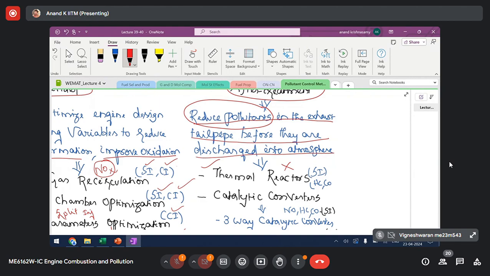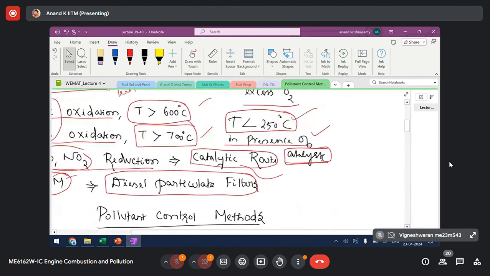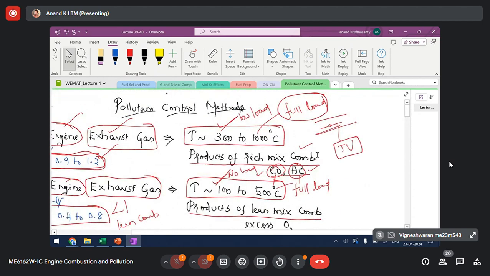Thermal route relies on temperature available in the exhaust tailpipe to reduce HC and CO, and this option is suitable only for SI engine. Why? Because we recollect that the temperature levels in SI engines are high. Exhaust temperature levels in SI engines are much higher compared to CI engine. CI engine exhaust gas temperature is much lower. So this thermal route relies on the temperature of the exhaust gas. Since the temperature of exhaust gas is high for spark ignited engine, we can use this thermal route